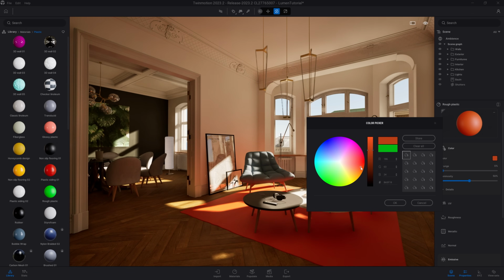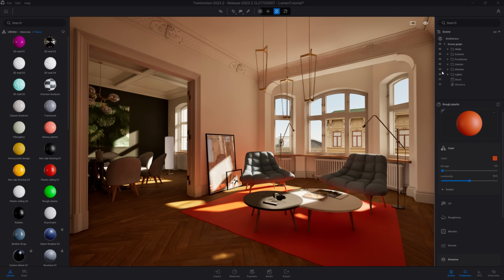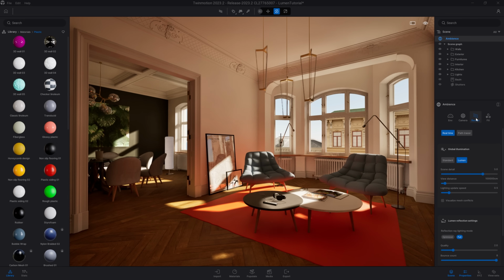In some cases, it takes a couple of seconds to adapt to the big change of color here, but it's also the case when you have a sudden change in terms of lighting. You can increase in the property here the lighting update speed. When you raise the update speed, the change in terms of lighting will be much faster, but it starts to add some artifacts as we can see here.